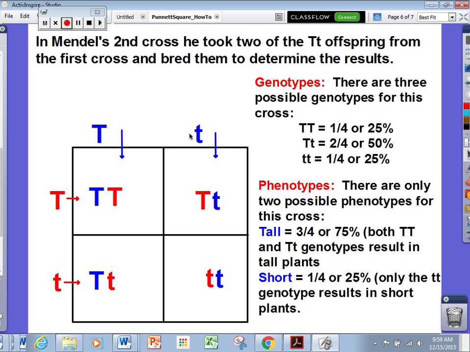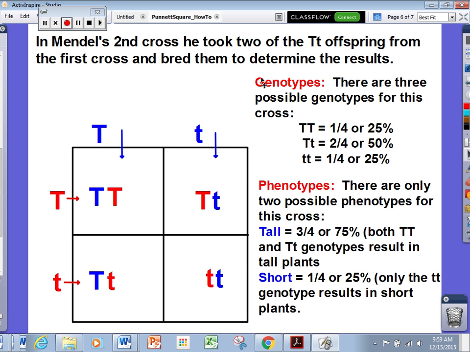So again, I've color-coded this so we can see where the letters come from. We've got the big T, little t here, big T, little t here. This big T moves down into these two boxes. This little t moves down into these two boxes. This big T moves here and here. And this little t moves here and here. So now we've got all the boxes filled in, and now again we can start interpreting or determining what it's